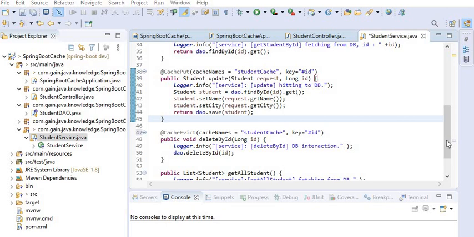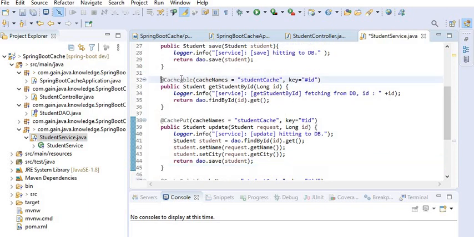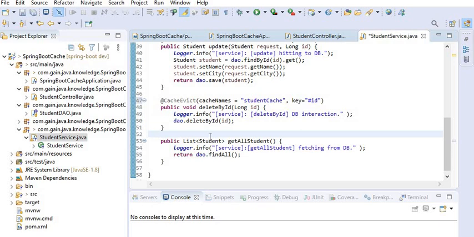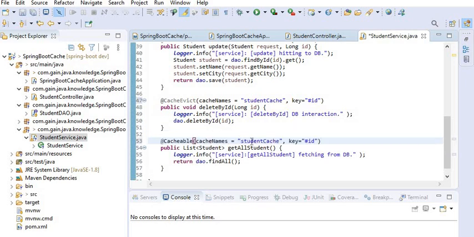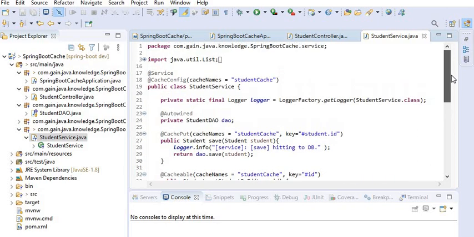And at the get all students function we will use the same annotation that we have declared, @Cacheable on get by ID. We will copy it and paste it here, and here no need to define ID. Like this, we have declared annotations at method level on each function. Now I will run this application and show you the output.